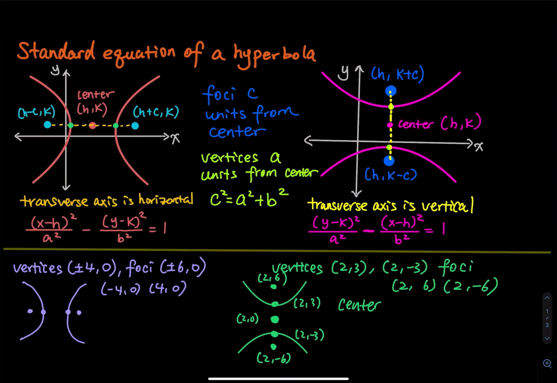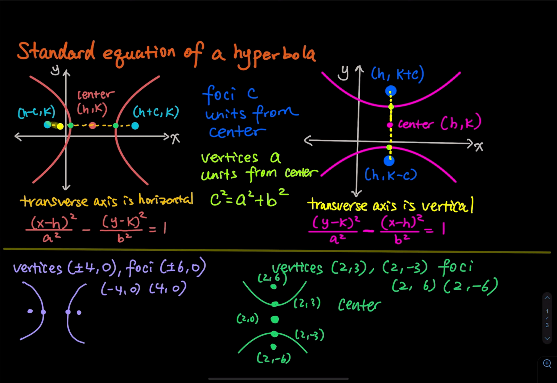Standard equation of a hyperbola: there are two types of hyperbola. The one you see on the left is horizontal. The one you see on the right is vertical. Starting with the horizontal hyperbola, this is a horizontal hyperbola because the transverse axis, this yellow dashed line, is